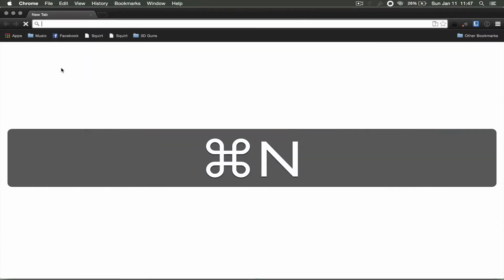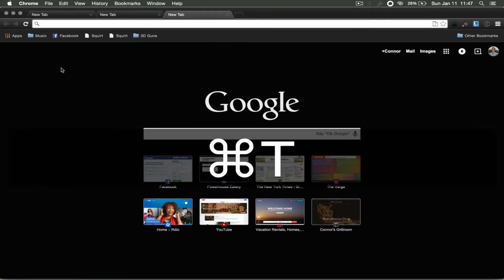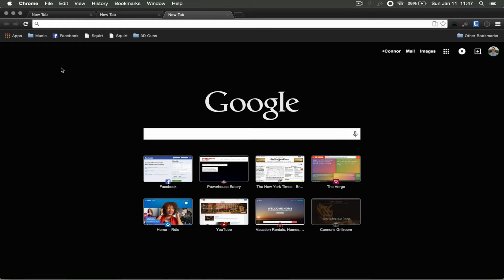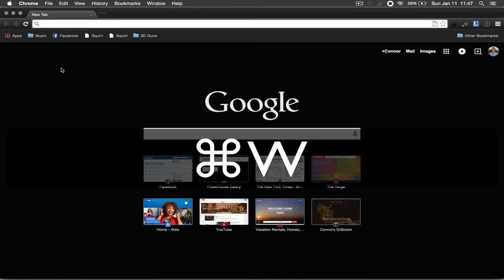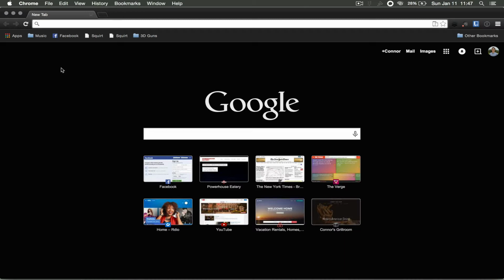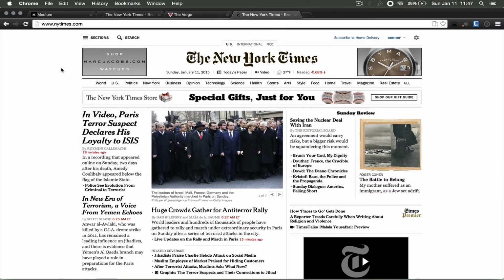Now if we were to open a window and open a couple tabs within that window, to close those tabs, we would use Command W. And then once all the tabs are gone, the window will close as well. So if you're on the last tab here, you can use Command W, and it'll actually go ahead and close the entire window. Say we had multiple windows open,